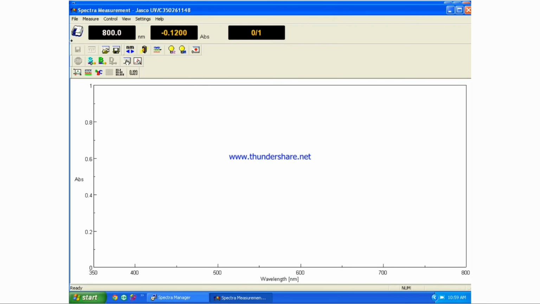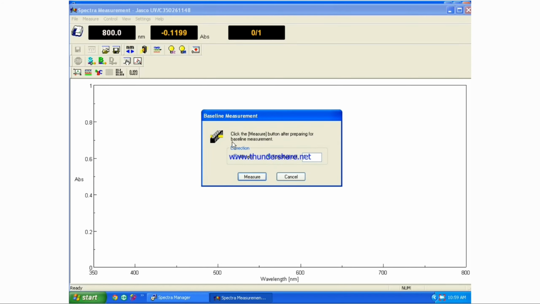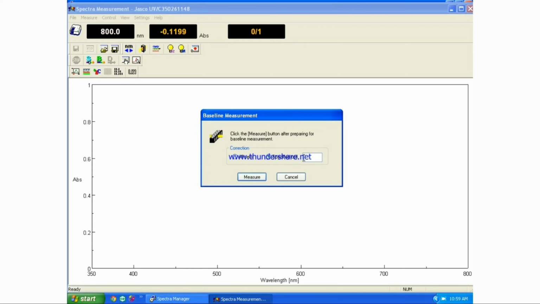As we are doing this analysis with respect to the blank solution, I'll press B in the window. After this, we need to specify the cell or sample holder, as it has multiple cells. Since we'll be using cell number 6, I have specified cell number 6 here.